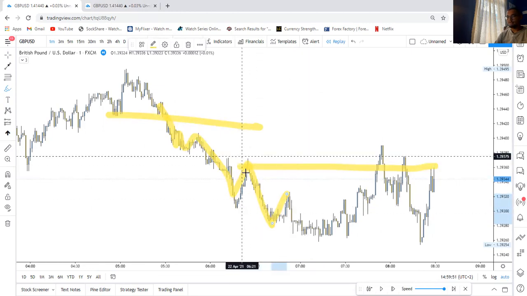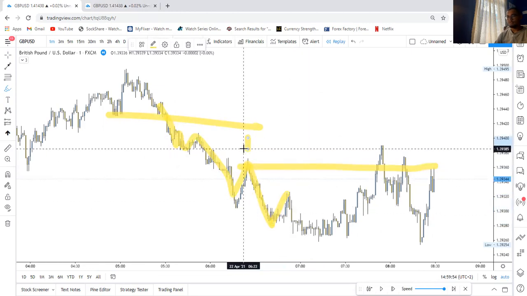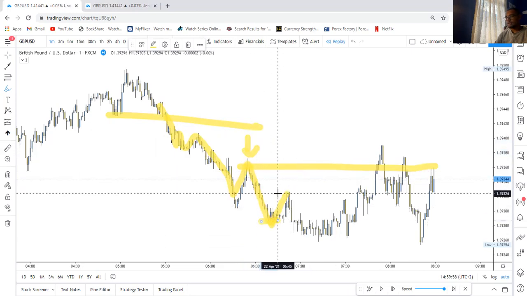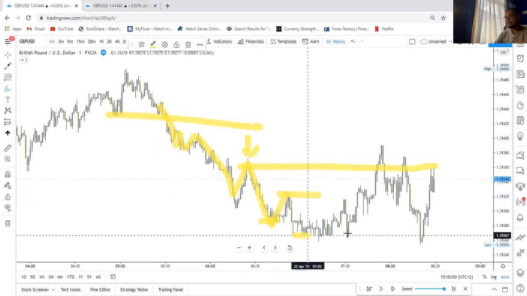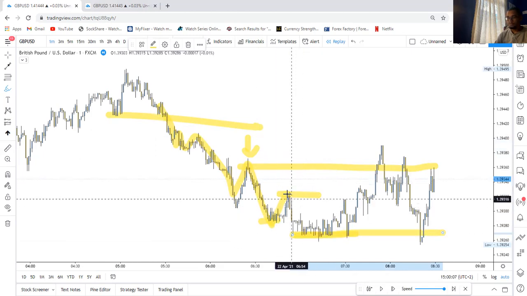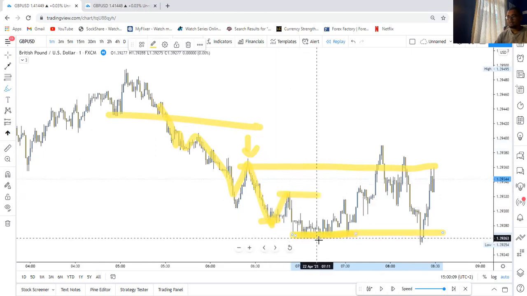And bear in mind that all of this is being done on the 1 minute, just because I'm only trading the 1 minute. So as you can see, at this point, this was our last lower high. It created this low, it then created this lower high that created this right here. Okay, so now you can see that we struggled to break this, and so we had the first attempt to actually make this low,